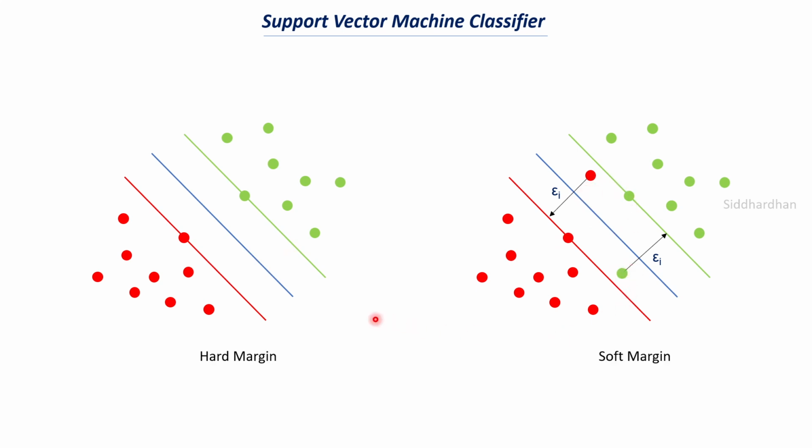We call the first type of problem hard margin, where we try to create a margin where no errors are there, whereas in this case, if a red color data point lies here, the model tends to make some errors. This is called a soft margin. If we always follow hard margin, there is a problem of overfitting. So we will try to give some relaxation to our model where it can make some errors.